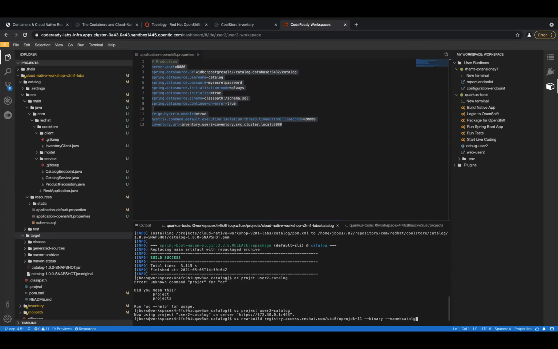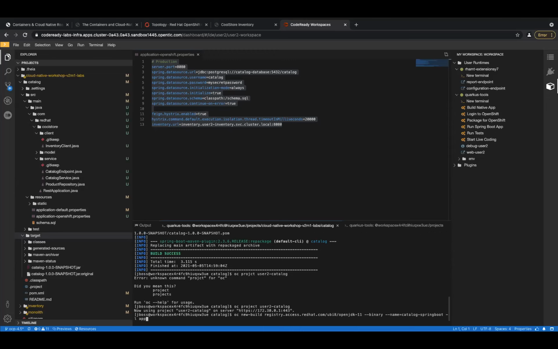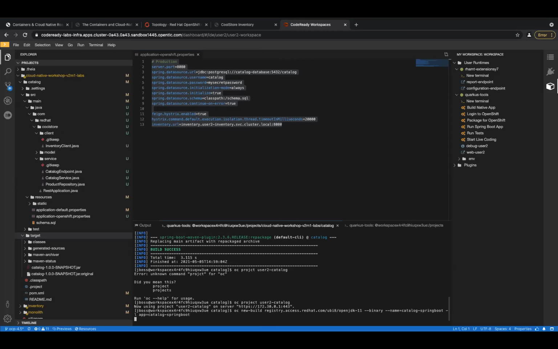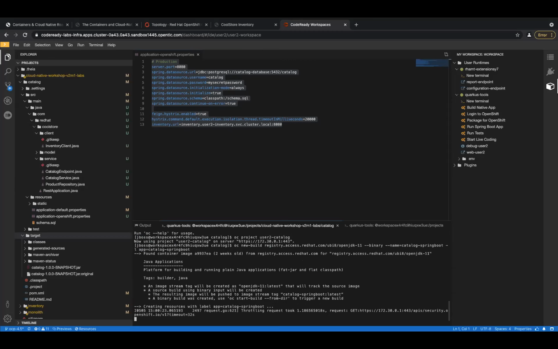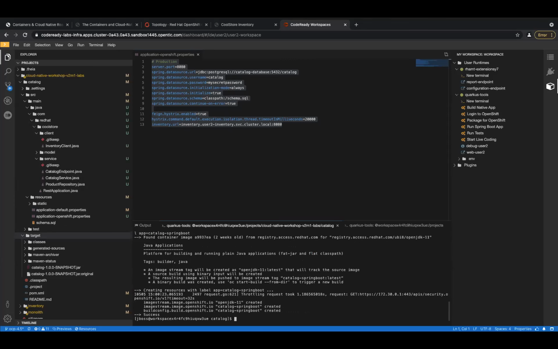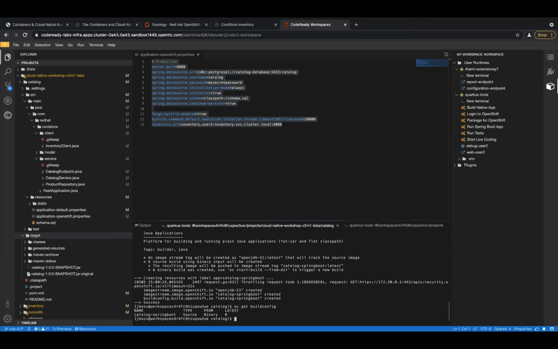The name is catalog-springboot because that's the name we want, and we also have a label which is catalog-springboot. Okay, success. If I do an oc get bc, I can see that there is a build configuration here,